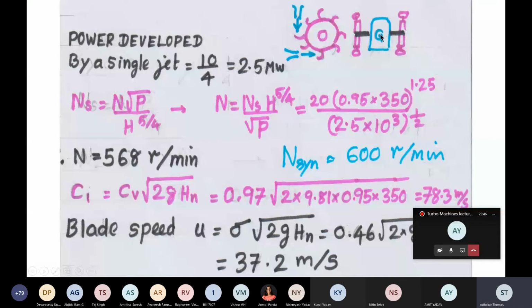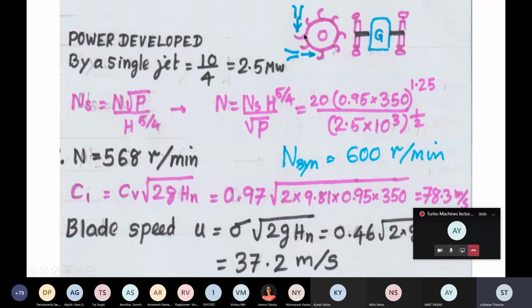See this G, what does this G indicate? Generator. On either side, on the left side there is one and the right side one, they are overhung. If they are not overhung, I have to extend that and put a support here and another bearing here. Then it is properly supported. This is overhang, something like a cantilever.